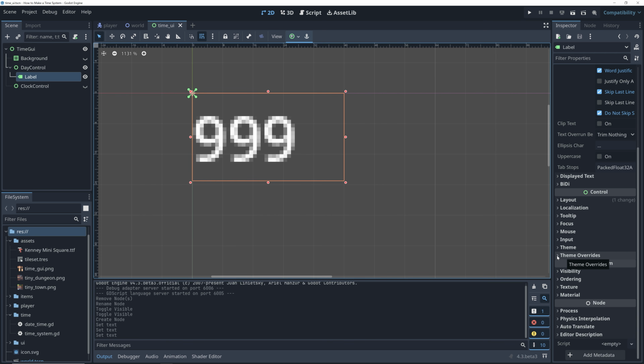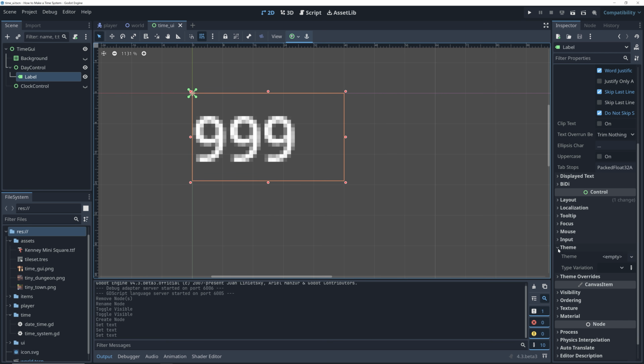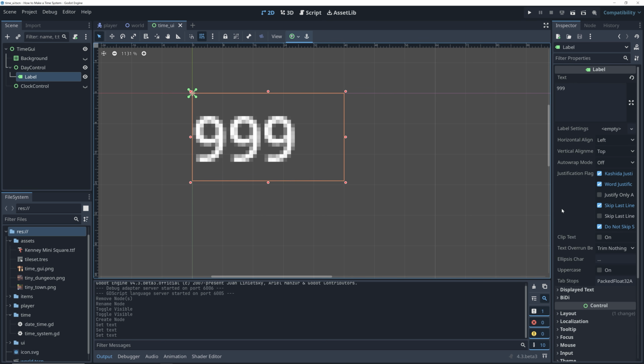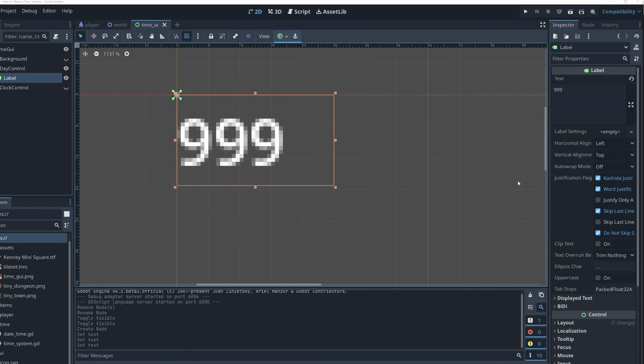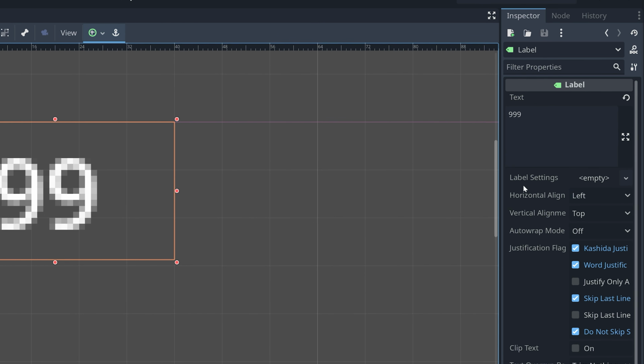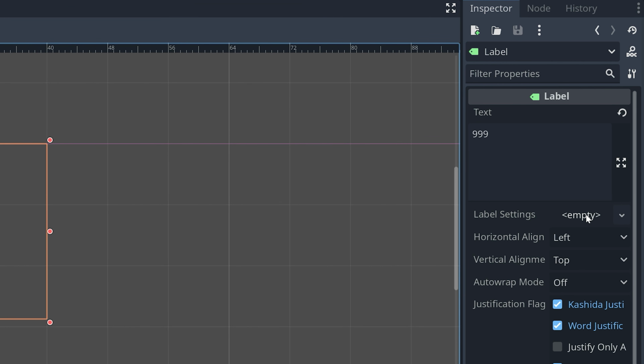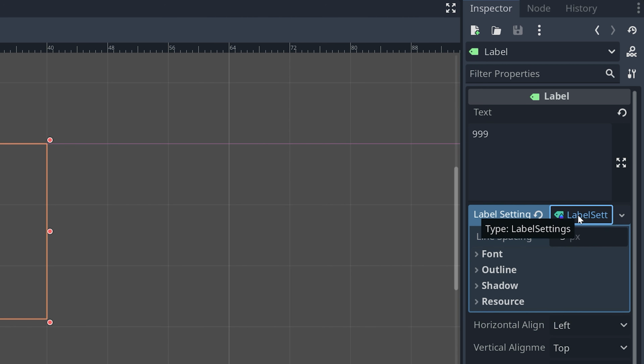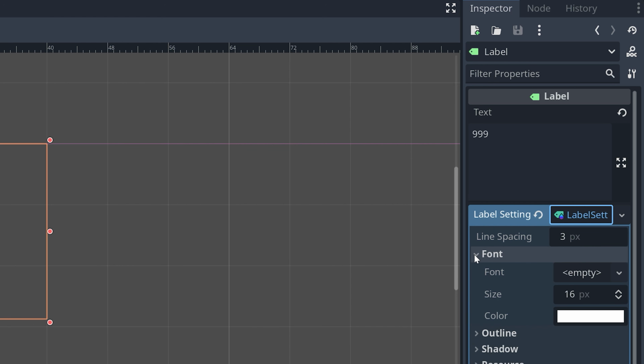If we had more UI items, I might create a new theme. But for this simple UI, where all we're using is a few labels, I will instead be creating a new label setting. To create a new label setting, we click where it says Empty next to the Label Settings property, and then click New Label Settings. Here we can then open the font settings, from where we can set the font and